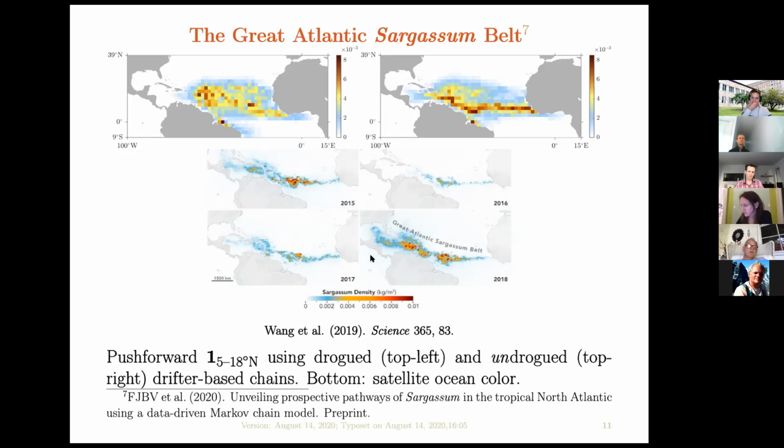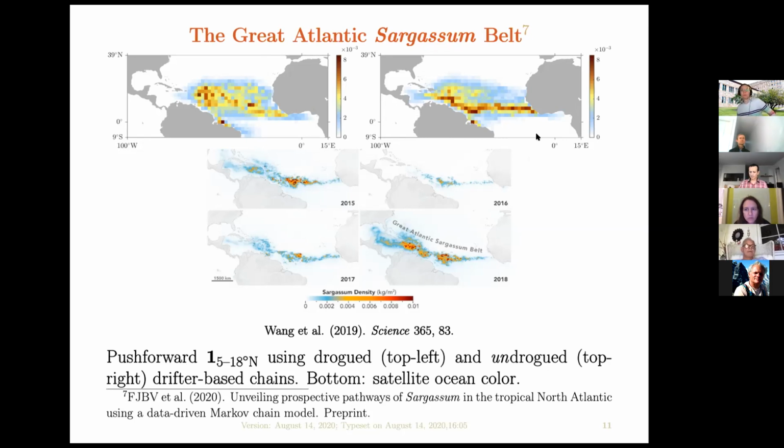And the people in the Caribbean Sea are very aware of that because of the economic problems that the inundations of sargassum are producing. What I'm showing here are evolutions. We computed a Markov chain with the data, and we push forward just a uniform density, using the same data that I used before,